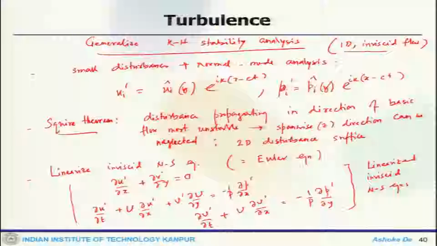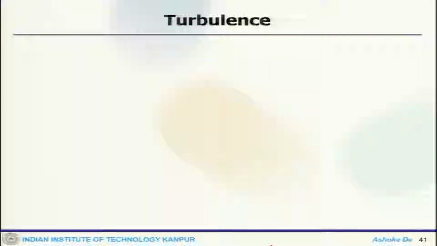this is what we got with an assumption that it is a 1D inviscid flow, and then we add some disturbances for non-modal analysis, then our u prime, p prime, and then finally, if we linearize the system of equations, this is what we get, and this is the linearized inviscid equation. Now, we look at Rayleigh's stability equation.